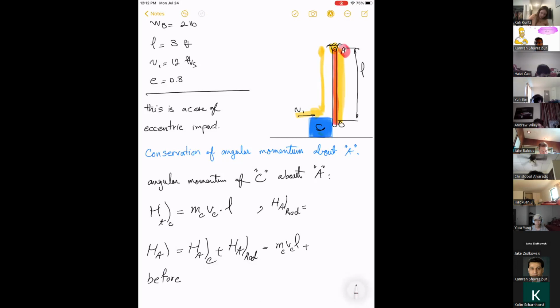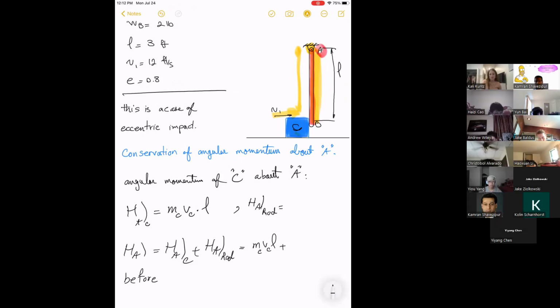Anyone? The angular momentum of the rod about A. It should be I_O omega, right? Or I_A omega. And I of a rod about A,